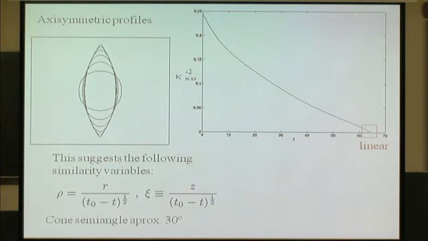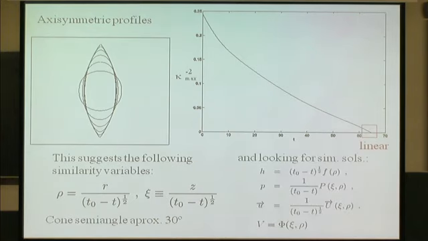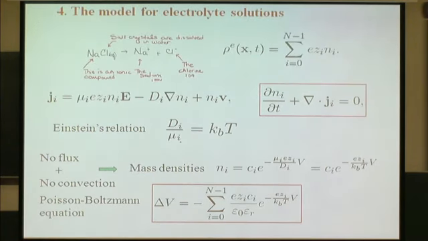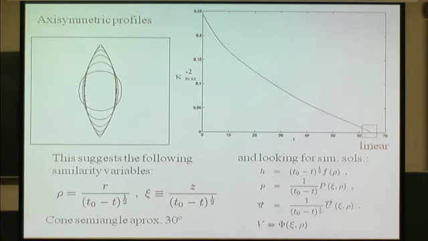We can do more than that, so we can look at how the singularity develops. For example, you can compute the curvature at the tip to the -2, and you can find that it has a linear relation close to the singularity. So this means that the curvature is going to blow up like t naught minus t to the -1/2. You use that to rescale your variables, so blow up your system close to the singularity. The natural scalings for the shape of the drop, the pressure, the velocity and the potential are like this, just from the dimensional analysis of the equations, and you can show numerically that these shapes actually coincide with the self-similar shapes that you can compute as solutions to this system.